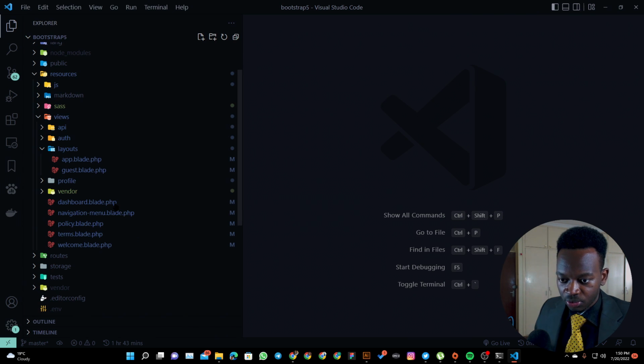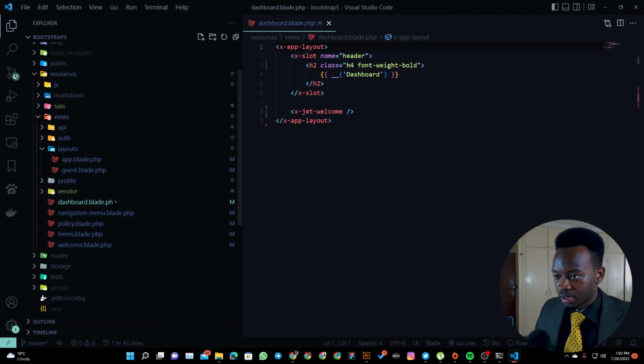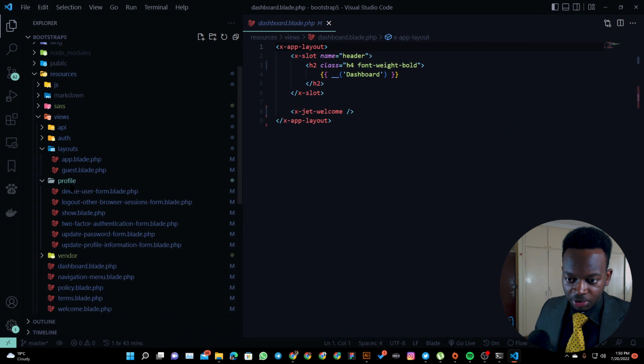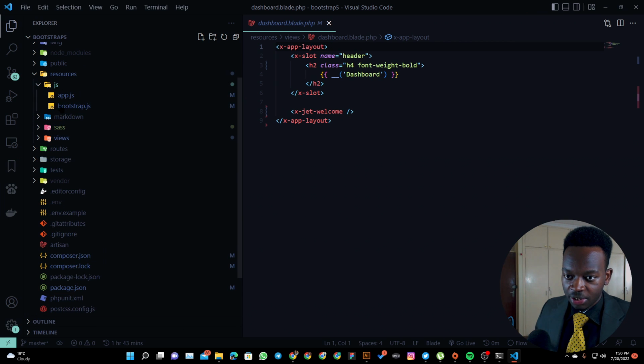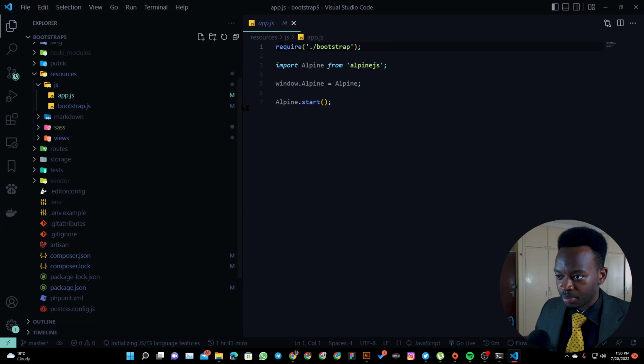The next modifications we probably need to change. I don't think there's anything needed to be changed in dashboard, so we'll leave it like that. In profile, there's nothing. So the main templates are the layouts for app and guest.blade.php. The next thing we need to come and check out is our JavaScript, because this is what is being compiled by our Vite. So there's app.js, which imports this require bootstrap. And then there's this